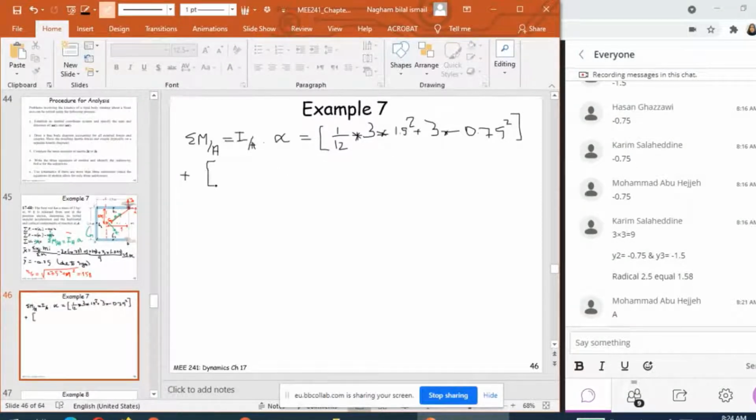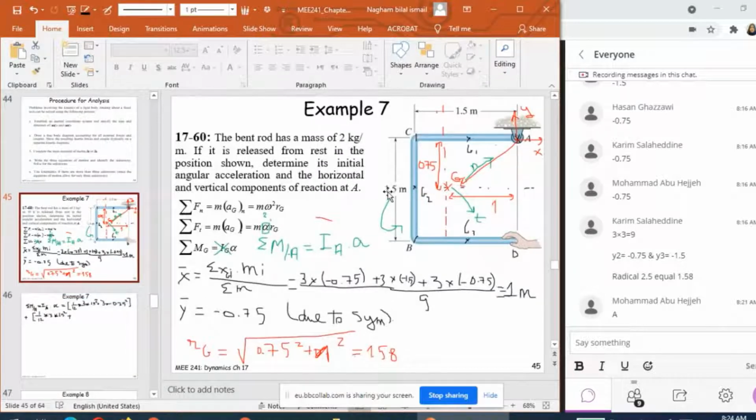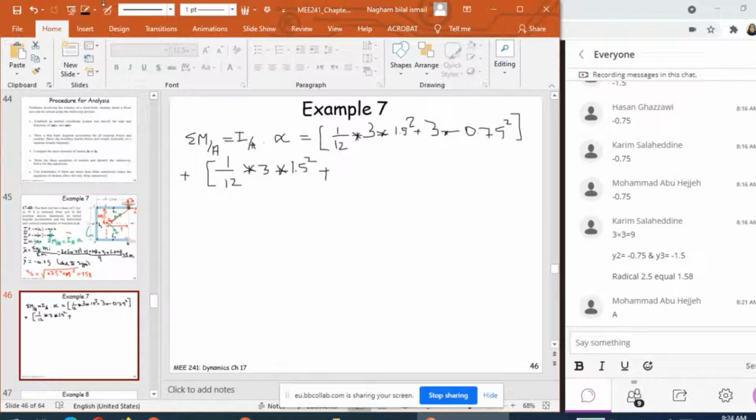plus 1/12 times 3 times 1.5 squared also, plus the distance from its center of mass, which is here, and A. What is the distance between G2 and A? It's the radical 1.5 squared plus 0.75 squared, and since it's squared, I can directly say 1.5 squared plus 0.75 squared